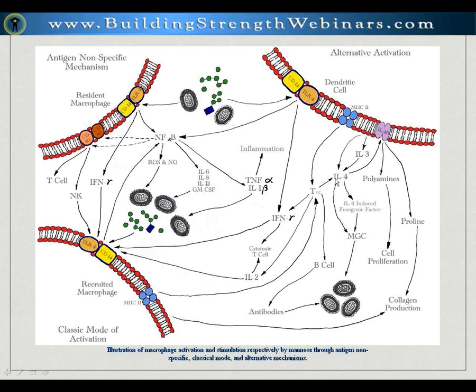And then the T helper cell also produces interleukin-4, which can cause macrophages, if you have a real big organism, like even some parasites, they come in and are attacked. They can cause these macrophages and or dendritic cells to fuse and become huge, giant cells capable of eating very large bad organisms.